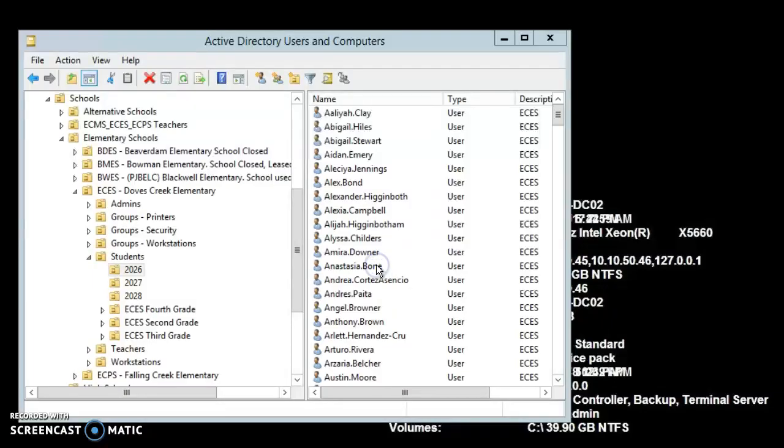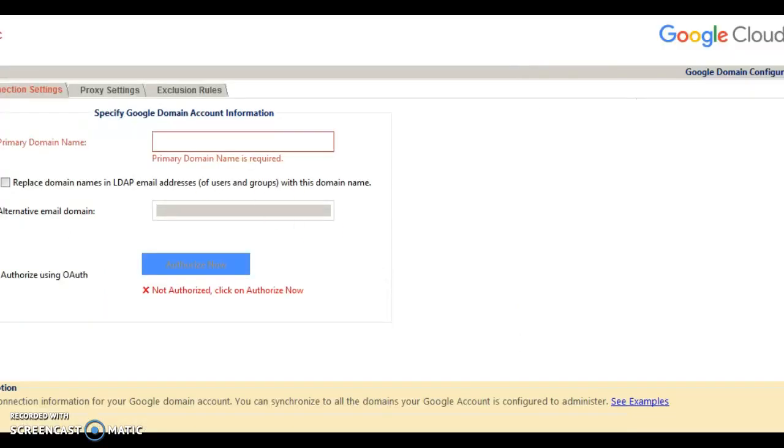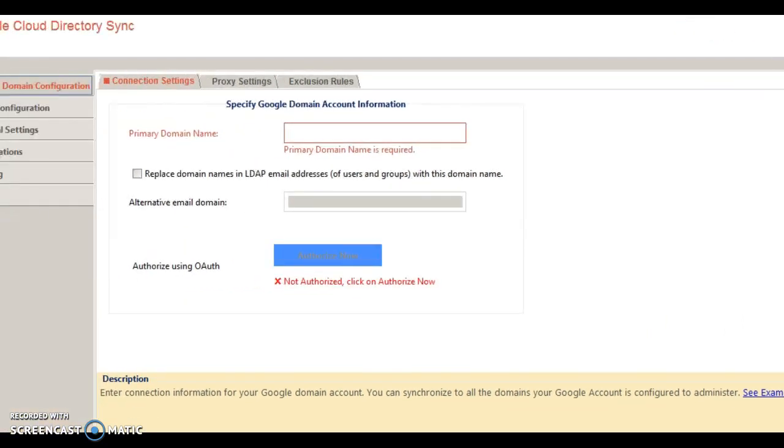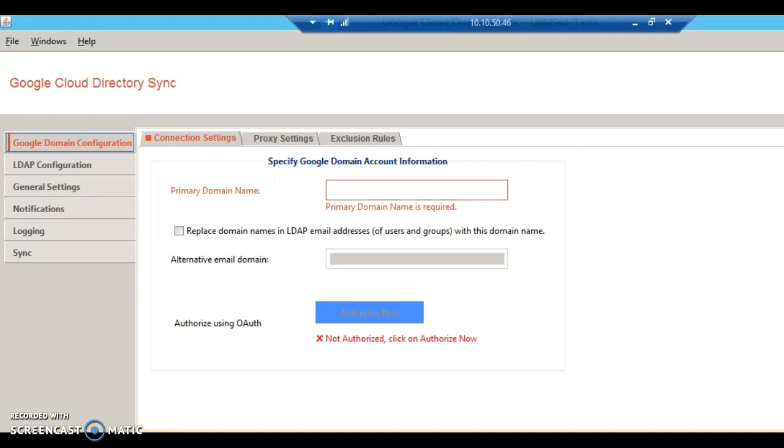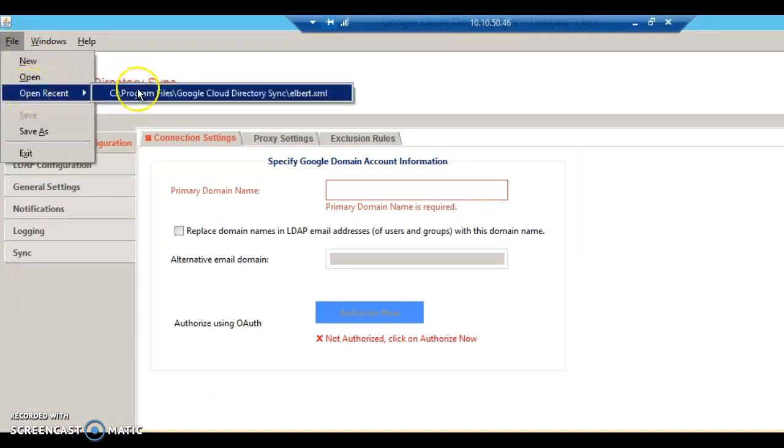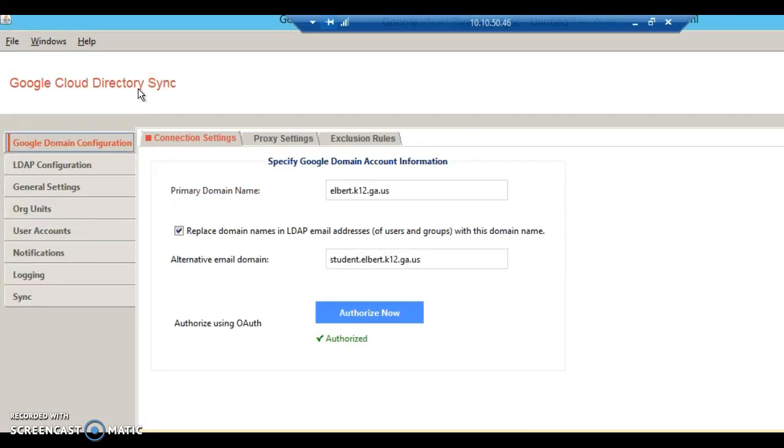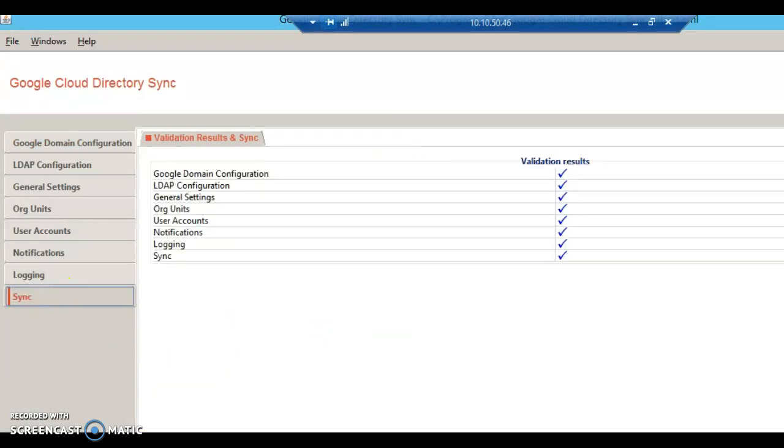We run it as administrator. And then you go to File. Hold on a second, let me move the camera so you can see. You go to File, Open Recent, and you click there. Right, and it opens the Albert XML. Now we're going to go to Sync now, and let me